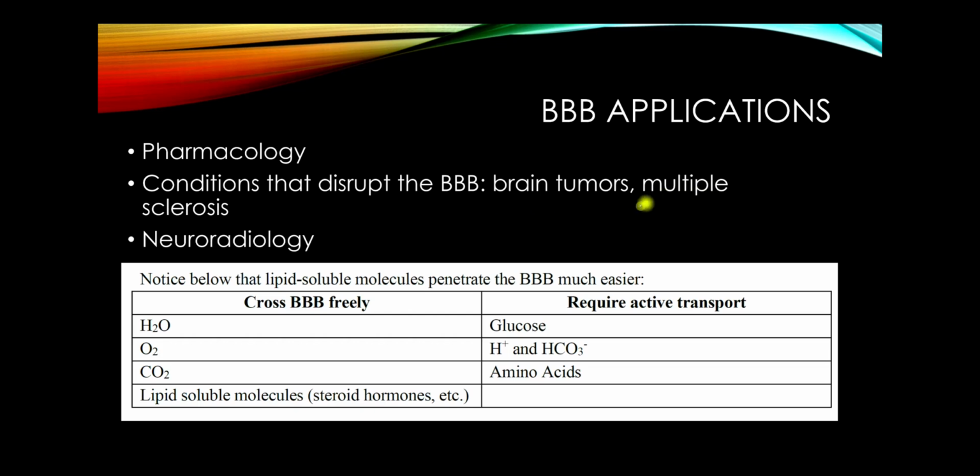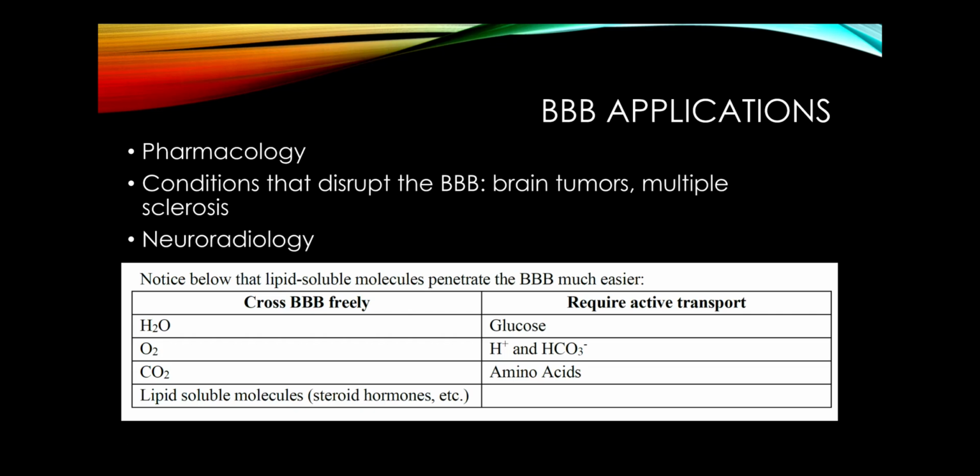And the reason that's important to know will be really when we get to neuroradiology, where we give frequently contrast when we do an MRI scan of the brain or a CT scan of the brain. And the reason we give contrast is to see, does it cross the blood-brain barrier? It shouldn't. And so if it does, then areas of the brain light up that shouldn't light up. And that can often be the clue that you're dealing with something like a tumor or a condition like multiple